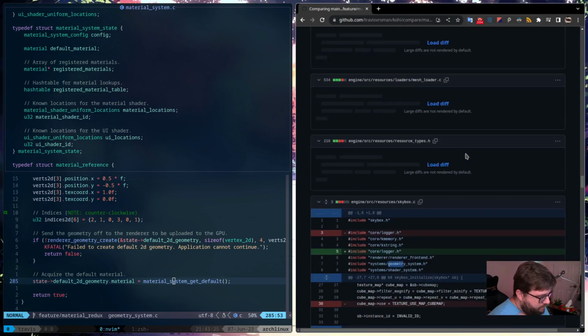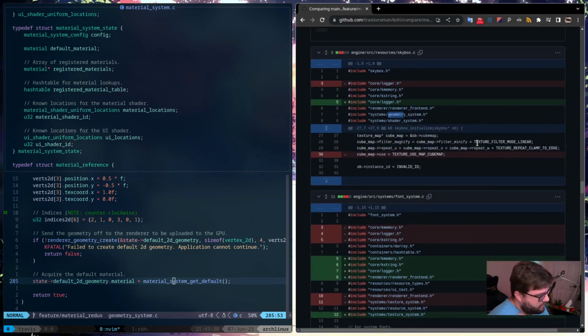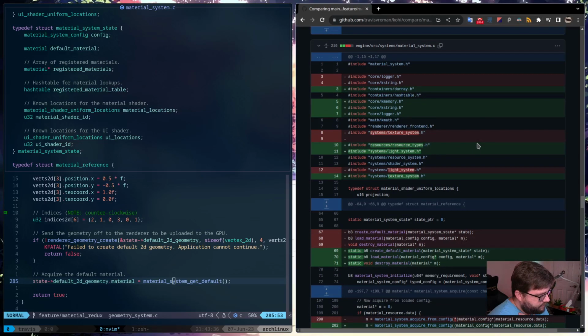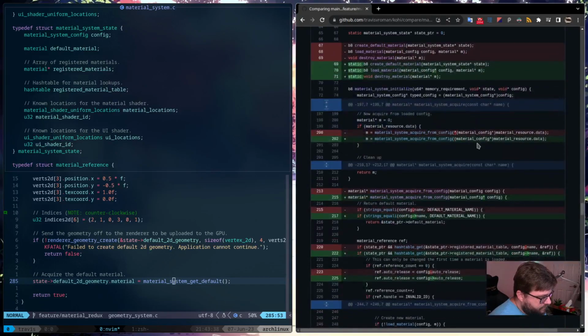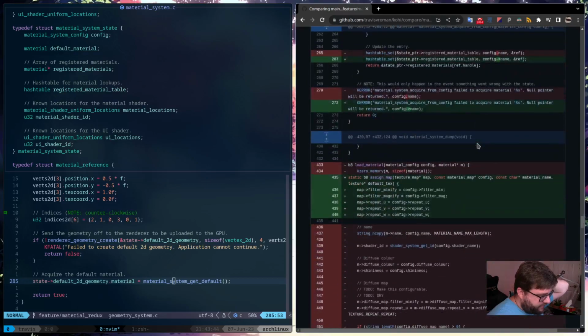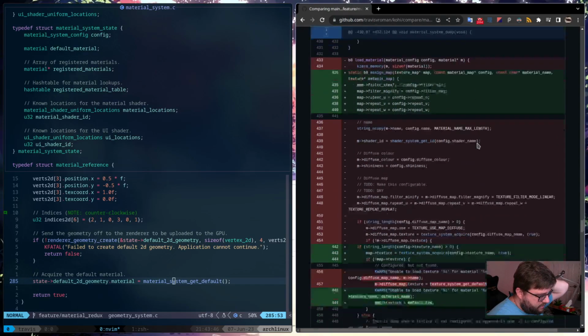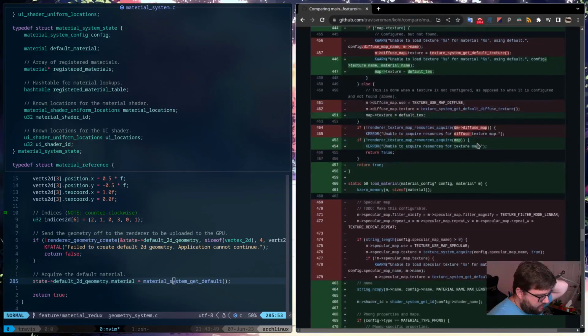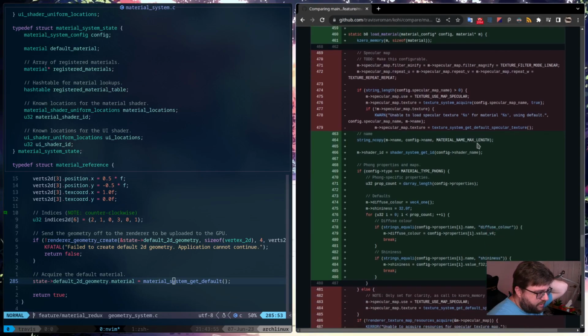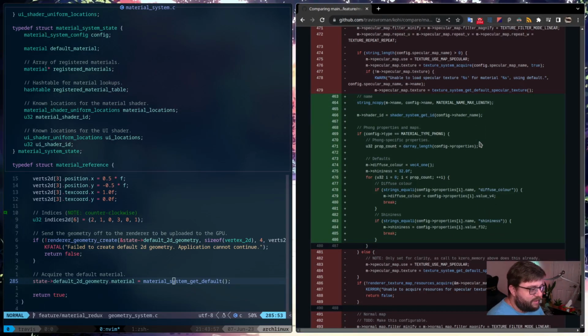The material loader, mesh loader. Oh, it might be the mesh loader. Font system, material system. I don't think we changed anything in terms of how defaults are gathered, though. See, this is part of the other issue that I'm running into: where these updates are so far spaced out, I sometimes lose track of what I've changed. Let's see.